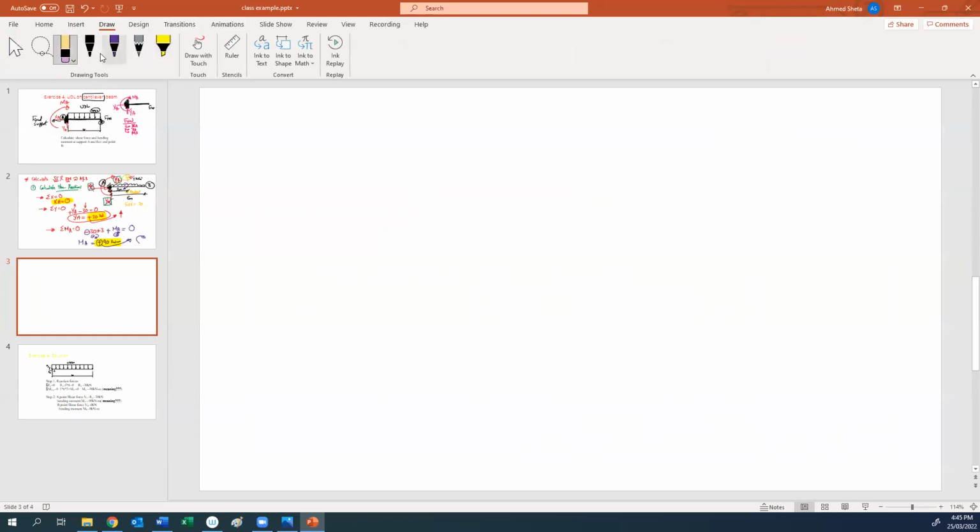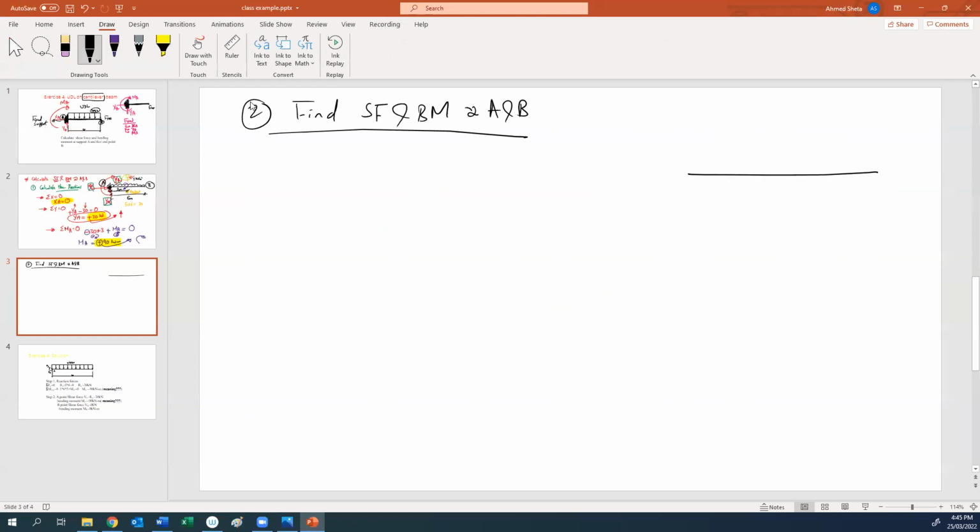The next step is to find shear force and bending moment at A and B. If we have a look at our beam, this is the support, and this is the load. We concentrate the load somewhere here in the middle, 30 kilonewton, and the distributed load is 5 kilonewton per